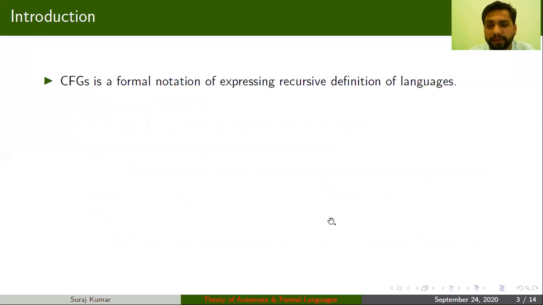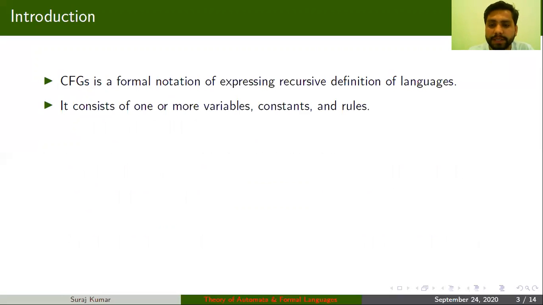Okay, so basically CFG is nothing but a formal notation for expressing a recursive definition of languages. If you have any recursive function, you can always convert that recursive function into a context-free grammar. Basically, your context-free grammar consists of one or more variables, constants, and rules.